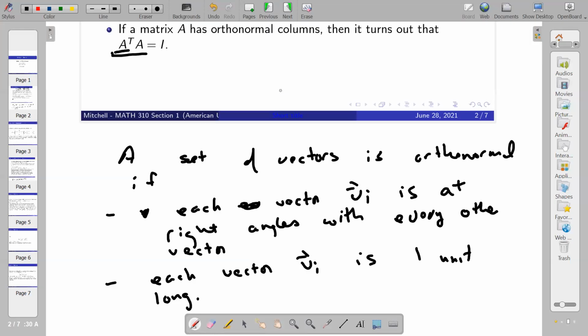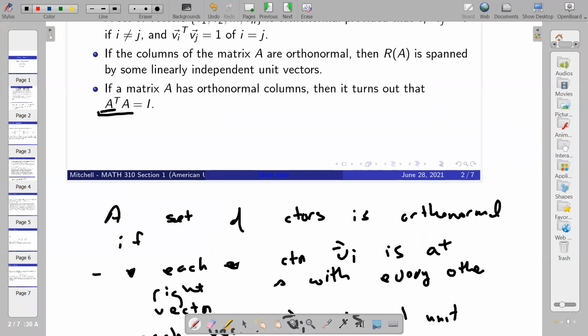Yeah. So there are lots of examples of orthonormal sets of vectors. The standard basis that you normally write down, or subsets of it, have that property, but they're not the only thing that has that property. There are a lot of examples of orthonormal bases, and the reason why they're important, from the point of view of projection, from the point of view of the intuition about how projection ought to work, is actually this property right here. So this is important.